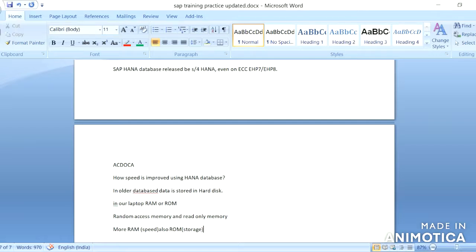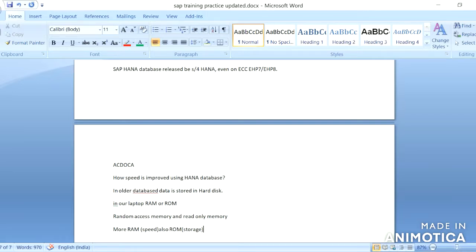So we prefer to get more RAM, and also ROM which has more storage space.